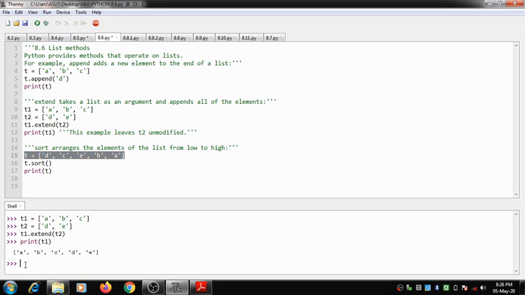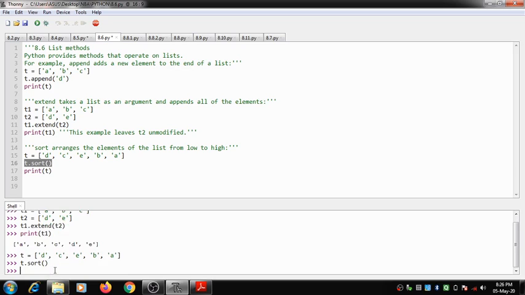I copy it and print it, and then execute t.sort. It does not require any parameter to be passed. Automatically this function will sort all the elements inside the list t.